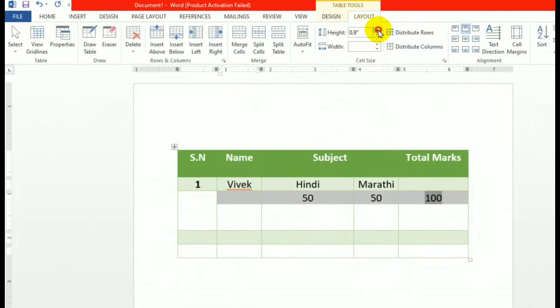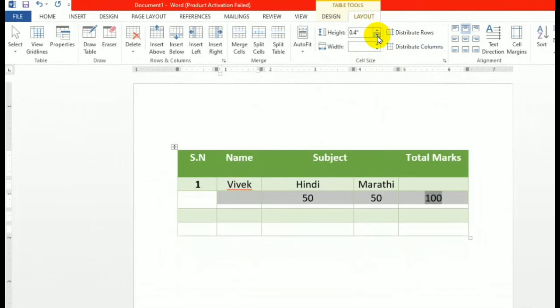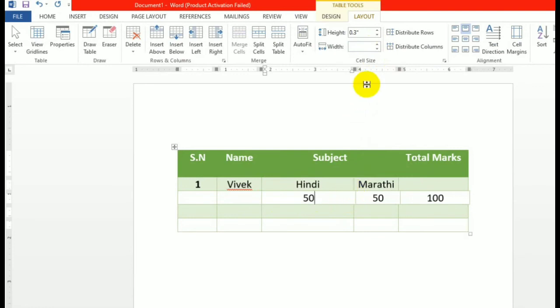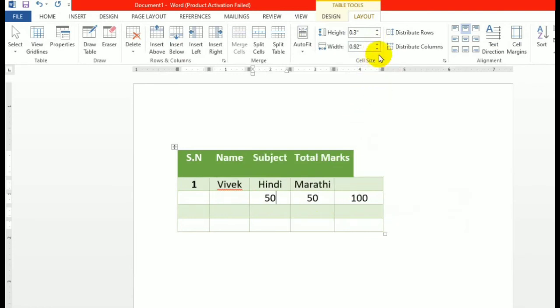In this way you can manage the height and width of any column. Okay, so here I am going to manage the column width also. I am increasing the width, so it has also increased. You can even decrease it. So everything has been changed, right?